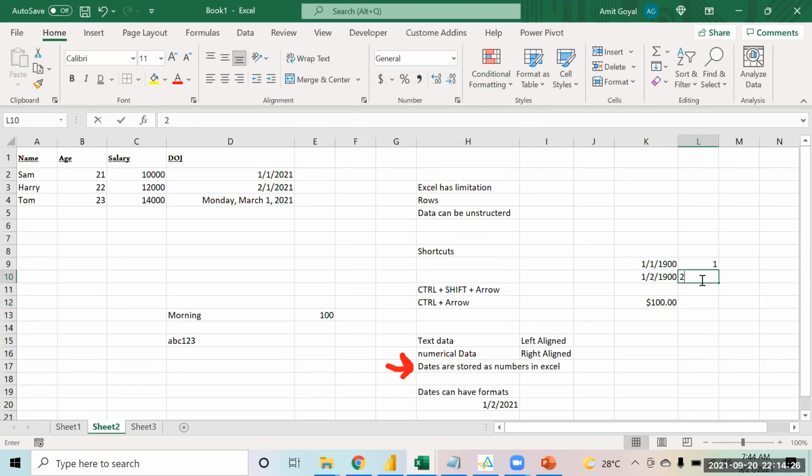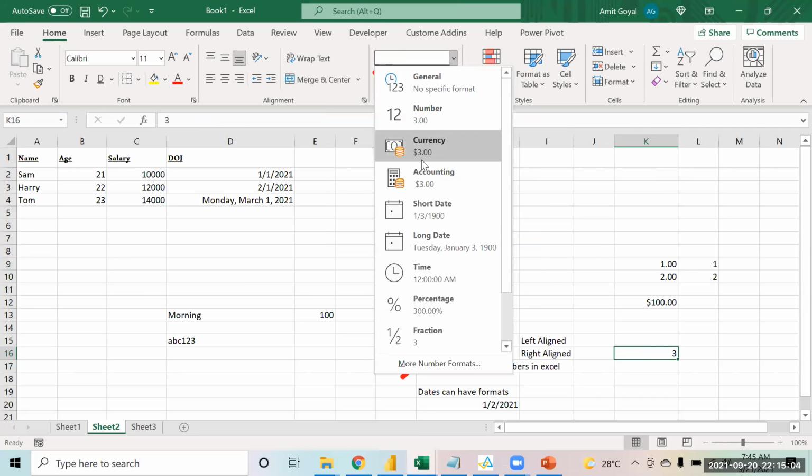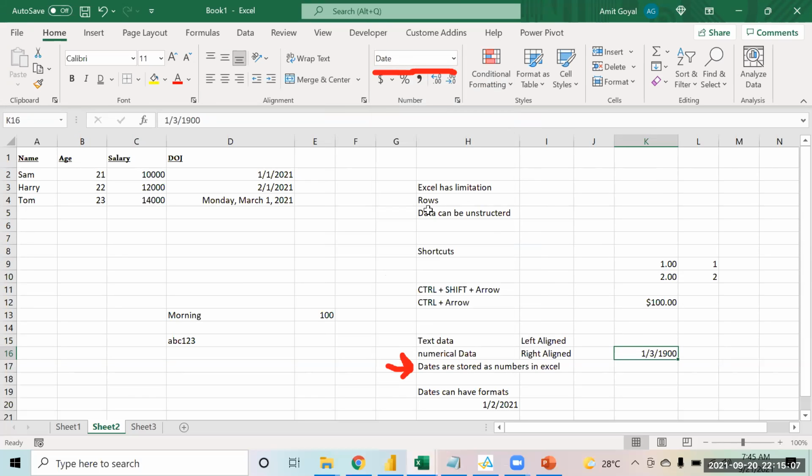So this date is stored as number 2. How can I see that number now? See, select the date, come over here in this section, and if you click on this, you can change it into a number. See, it gets changed into a number over here. If I change this also into a number, this becomes 1, right? Similarly, if you have written number 3 over here, and if I change this into a date, I say that I want to convert this number into a date. See, it becomes 3rd of Jan.